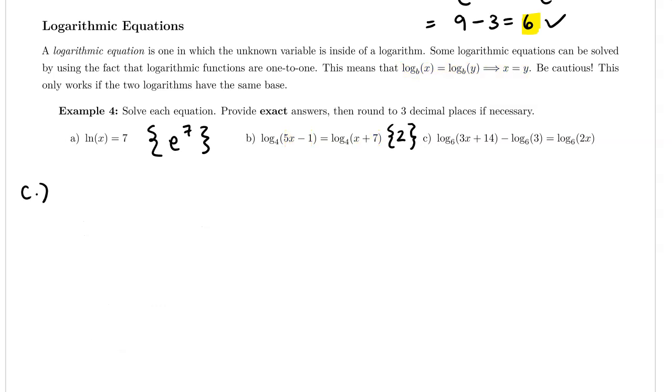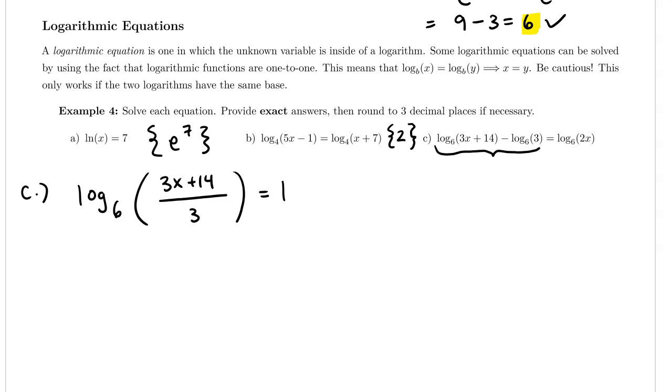In part C, we have log base 6 of 3x plus 14 minus log base 6 of 3 is equal to log base 6 of 2x. Now, on the left-hand side of our equation, we have two logarithms. Luckily, they have the same base, but in order to proceed, what's going to be helpful in this scenario is using our logarithm laws. So if you haven't seen that video, go back and watch it on logarithm laws, but I can condense this thing here into a single logarithm, and that will become log base 6 of (3x plus 14) over 3. So right now we're using the quotient rule for logarithms,